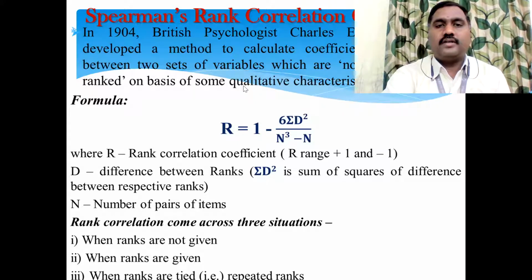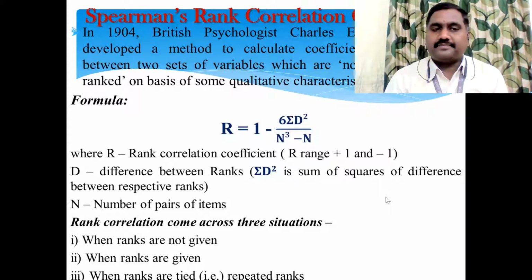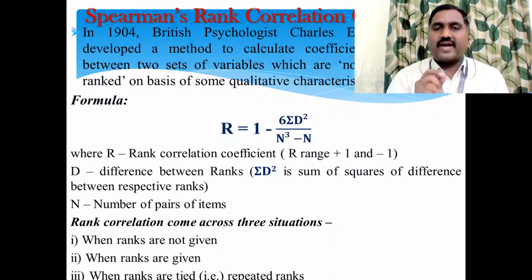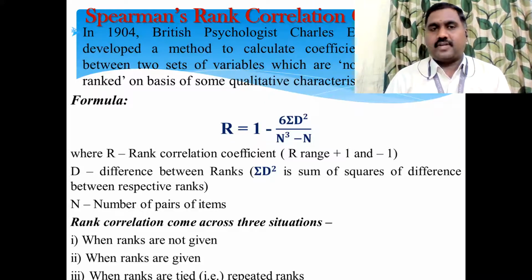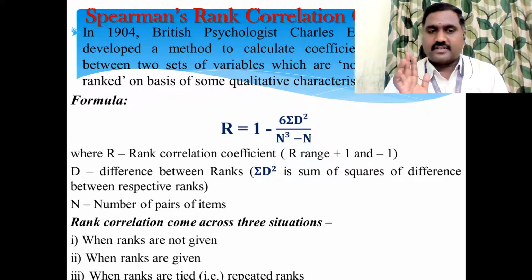That is called rank correlation. This is the formula we discussed yesterday, right? There are three patterns of problem in the correlation coefficient. The first pattern is where ranks will not be given directly. They will give the values of x and y, and for x we need to find rank 1, for y we need to find rank 2. If you find the difference between rank 1 and rank 2, it will be the d value. You need to square it and find the summation of d square. That is the first pattern of problem we discussed.